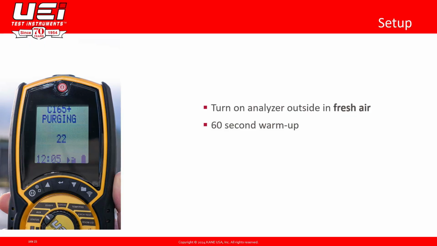Starting up your combustion analyzer properly is almost as equally as important as doing that combustion test. So the number one thing that you want to do with your combustion analyzer is that you want to start it up outside in the ambient air. And our combustion analyzer takes about 60 seconds for that to happen. So turn it on outside in the ambient air. Make sure we're not doing it over any running tailpipes, because we established earlier that tailpipes put out a lot of emissions. So make sure that you turn it on, let it go through its 60-second purge.